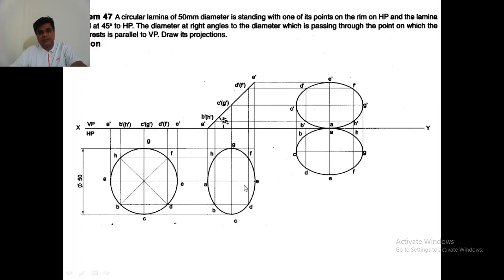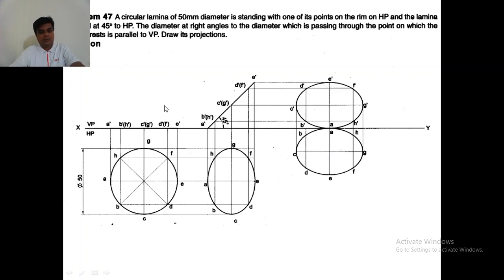So this is the diameter. CG is the diameter at right angles to the AE. In the next condition, we should make this diameter parallel to VP. That means this CG, you would rotate the top view. The CG is there, rotate it, and you have to keep it parallel to the vertical plane. So this top view, rotate it and keep this CG horizontal, so that it will be parallel to the vertical plane. Then you can draw the front view from this. Anyway, we will solve this now.